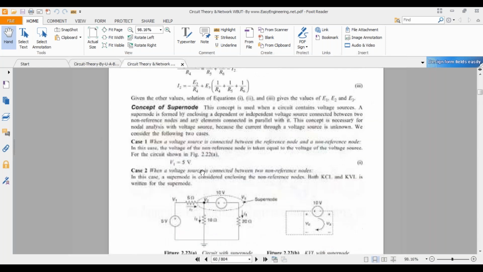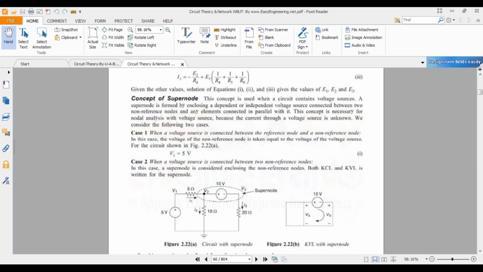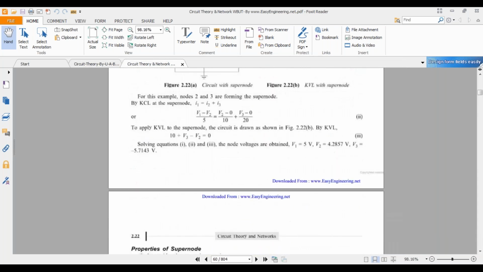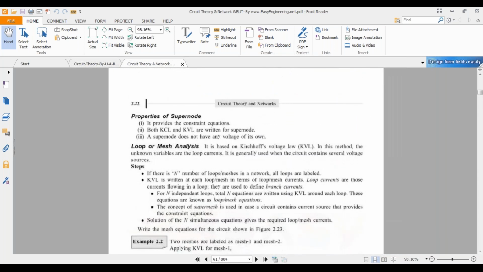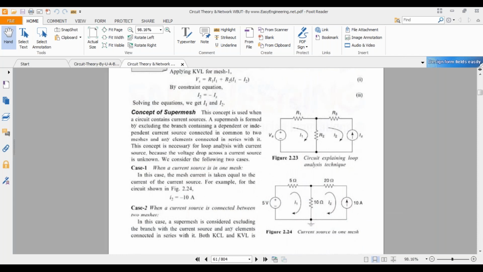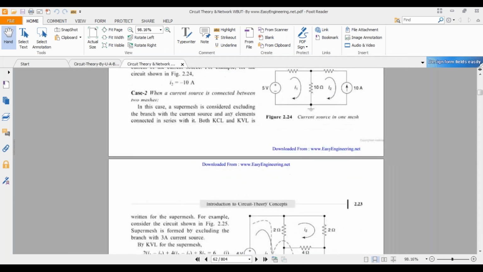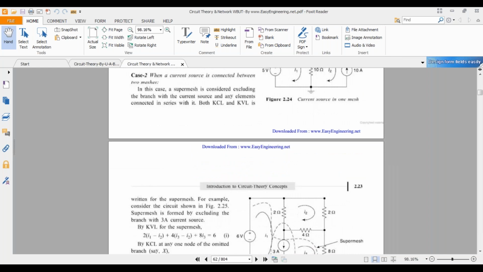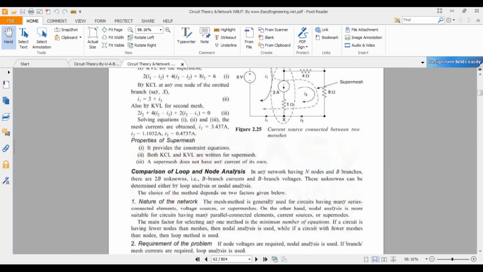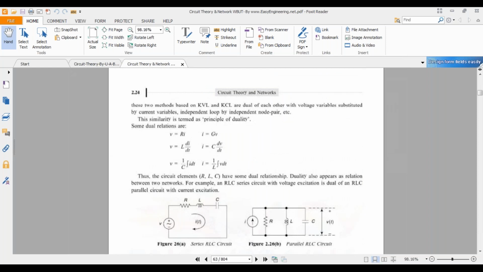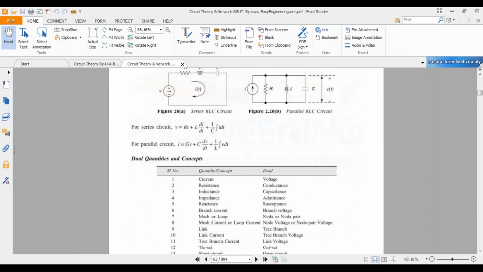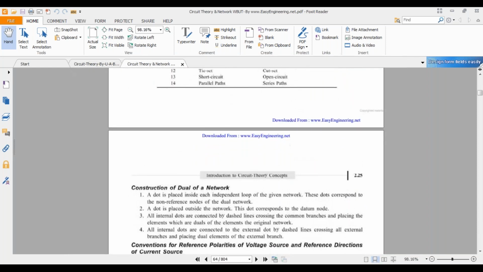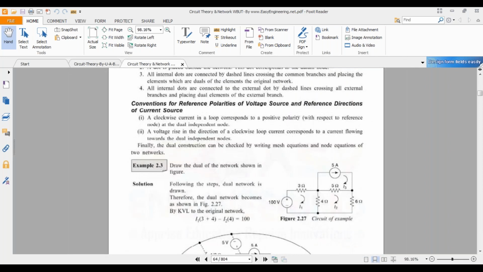As you have practiced some of these problems in the first unit, here also we can solve the same problems for AC supplies with the supernode technique, supermesh technique, and source transformation, for series circuits and parallel circuits. The same thing can be solved here. I will just show you how to solve a circuit with an AC supply.